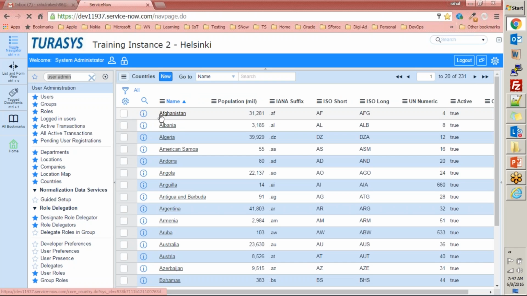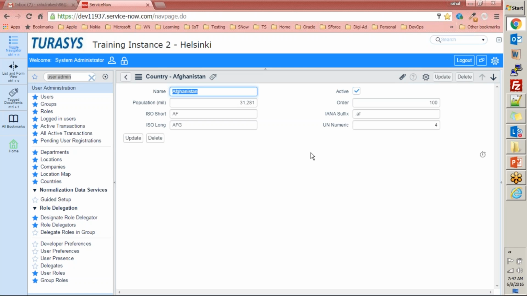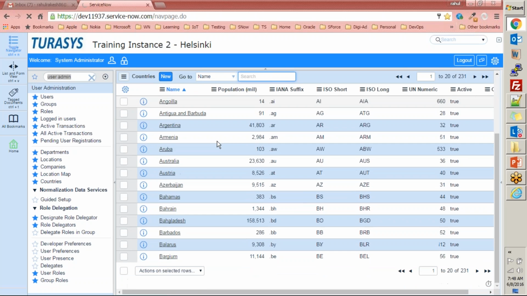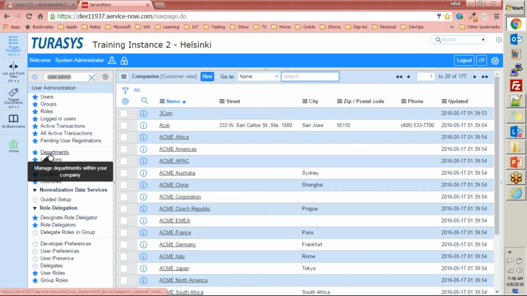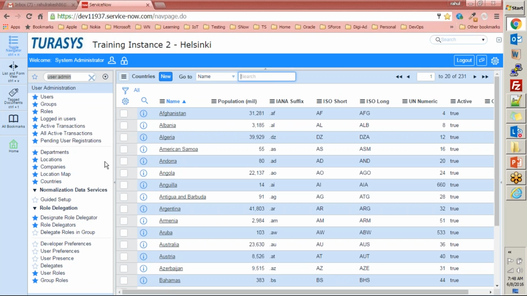Now, if I go ahead and click this one, the relationships are not here. Okay, so the relationships will be there in companies and in departments, where you identify the countries for those locations or those companies, right?